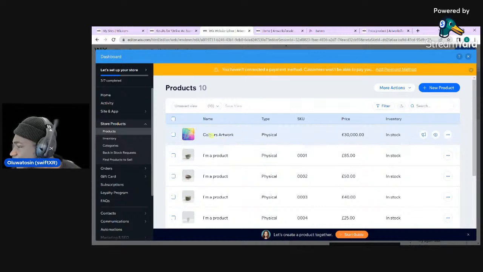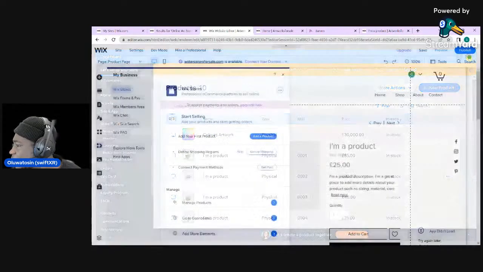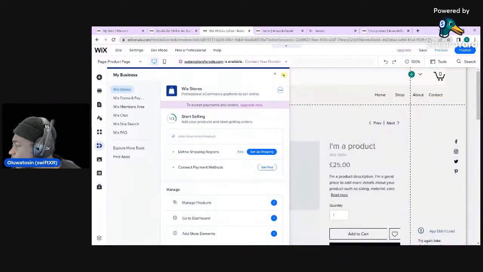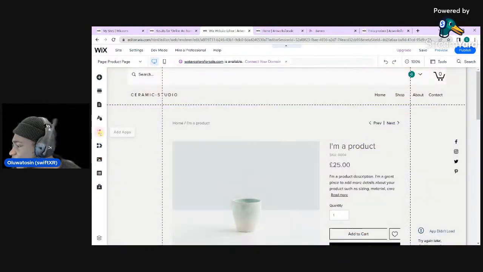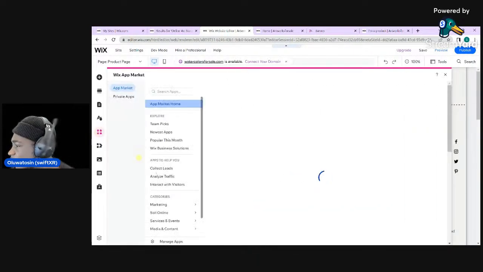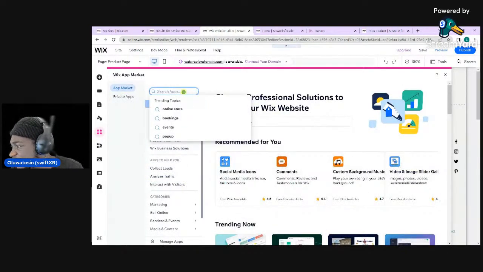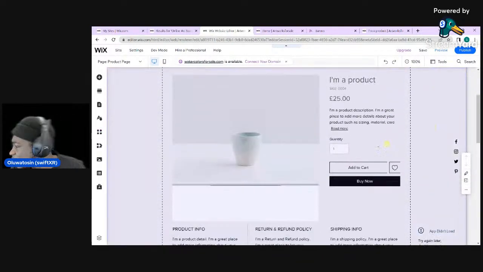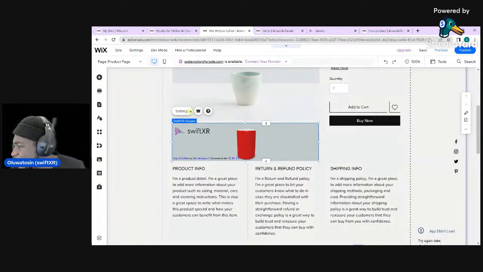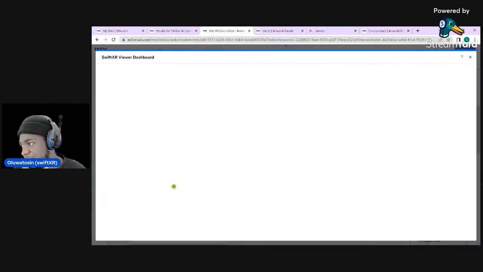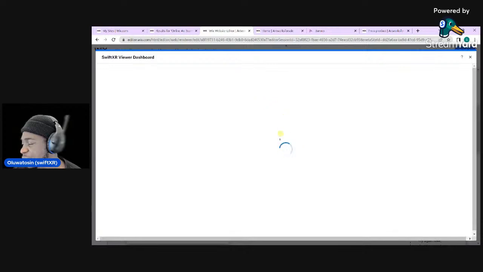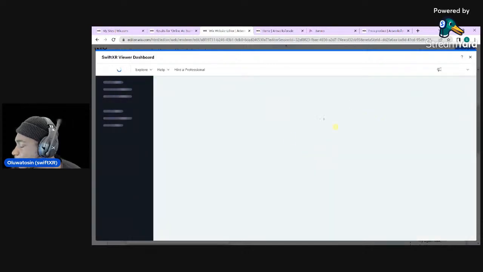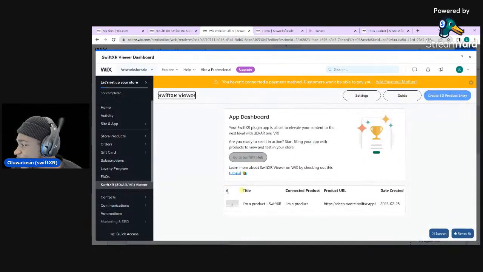What we can then now do is let's close this dashboard here, right? Close this one as well. And under our ad apps here again, let's just search for the SwiftXR app. Or let me see if, okay, we do have access to it here as well. So you could just go over to the settings and open the SwiftXR dashboard. And from here, we would create a new 3D product entry. But before then, let's go over to